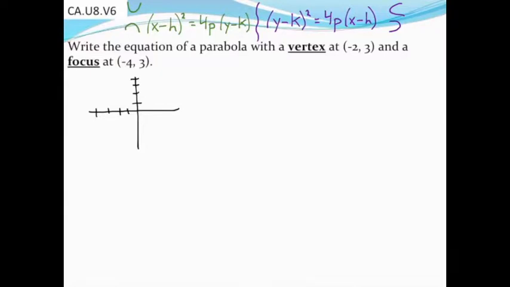When I'm asked to write the equation of a parabola, the first thing I do is make a quick sketch of the information that I'm given. That will help me determine which of the two basic equations, I've written the two forms at the top, I'm going to use. So, for example, this time they give us the vertex and the focus, and in the next couple of videos we'll take a look at what to do with other information, but let's start with vertex and